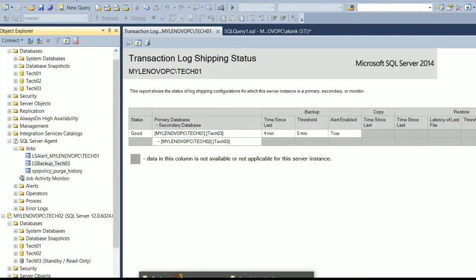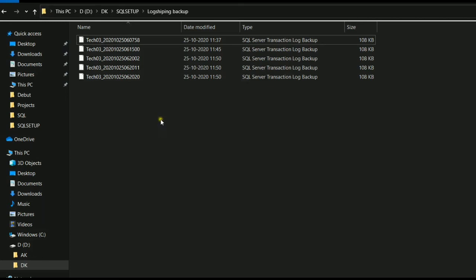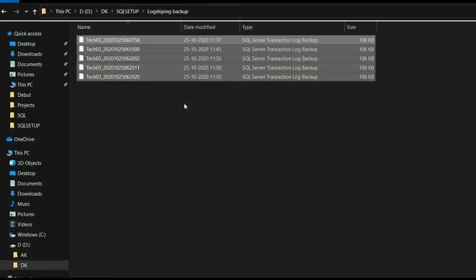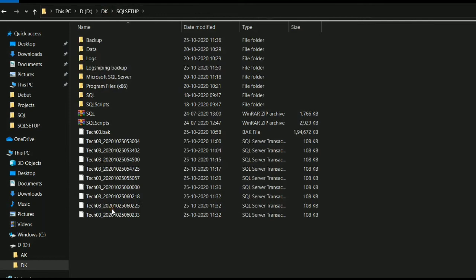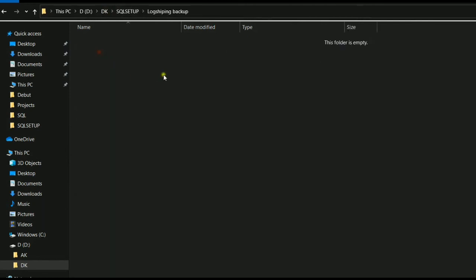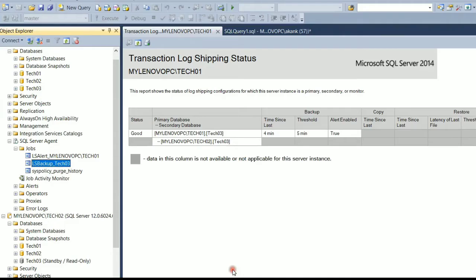If you go to this location, this is my shared location for the transaction log backups. What I'm doing is just taking these away from the shared location. So now there is no backup.